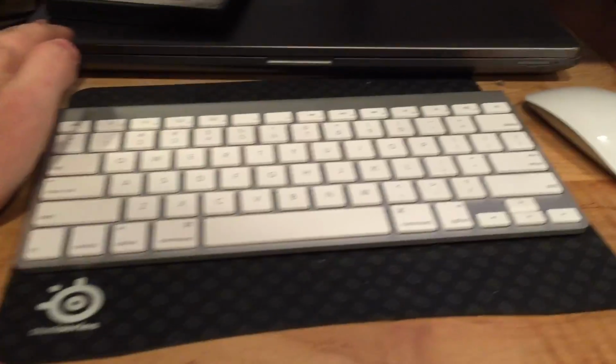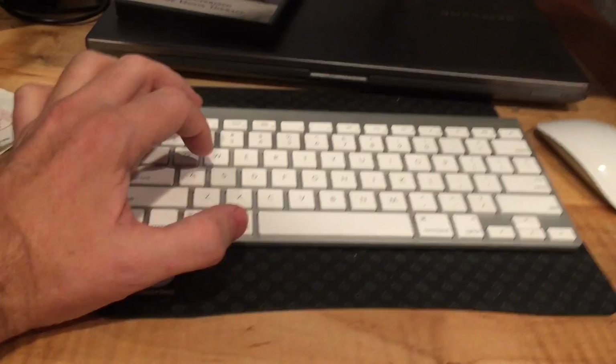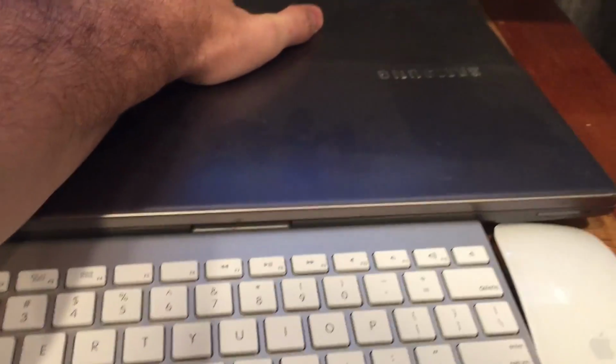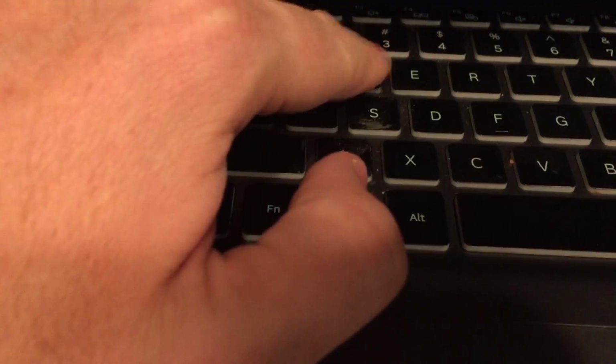So what happens now is my son rocks the Mac Mini, because he used to use this gaming notebook. It's a Samsung something or other, and the W key wore out. It won't stay on anymore. You can put it on and press it and it clicks. This is on the notebook, but it won't stay in place. It keeps flopping off. Heck, I'll show it to you. See, his W key, it won't stay on. And if you listen carefully,